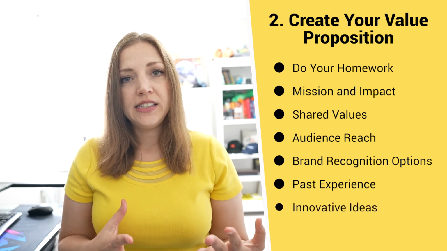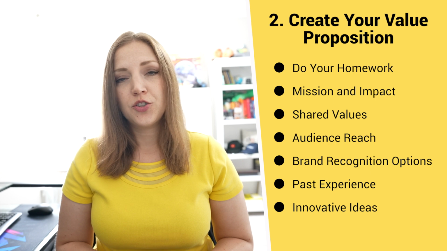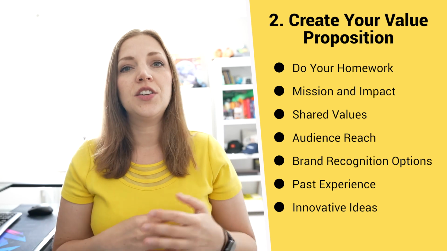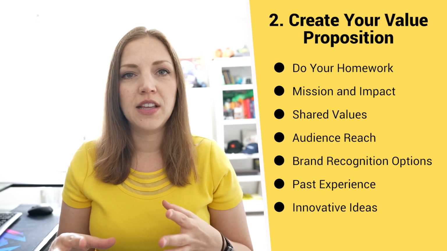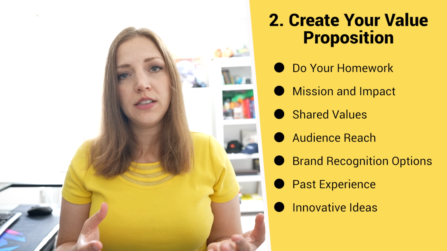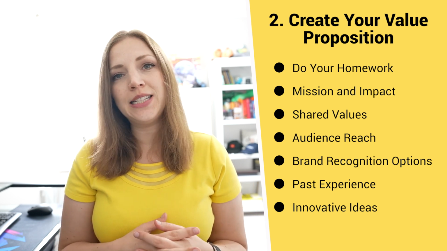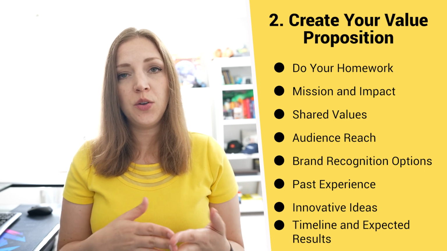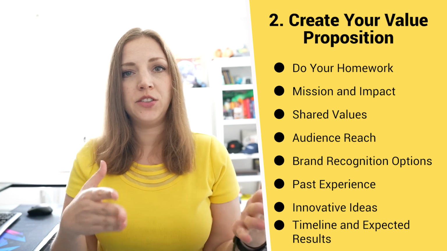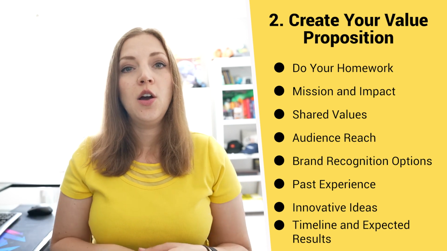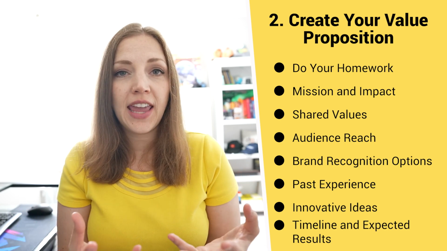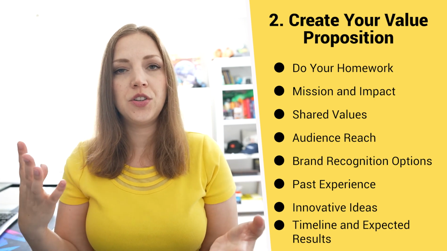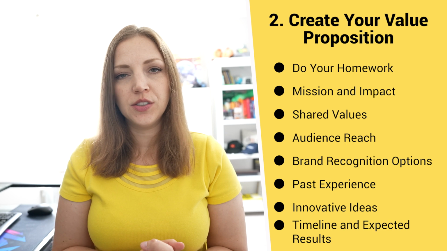In terms of the ideas that you present in this value proposition, try to be as innovative and unique as possible. Study past cause marketing campaigns and think to yourself, how can we do something a little bit different with these ideas? Another thing to include in this pitch or document is an estimated timeline of the campaign. Do you envision it being something very short term, a little bit longer term? Basically writing out the estimated timeline and some of the biggest milestones along that timeline, such as when you all will finish your development of the campaign together, when it will launch, what some of the biggest parts of the launch will look like, how you're going to measure and track results along the way.